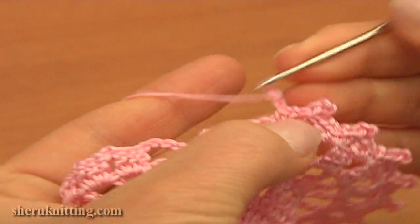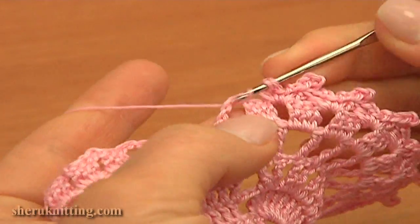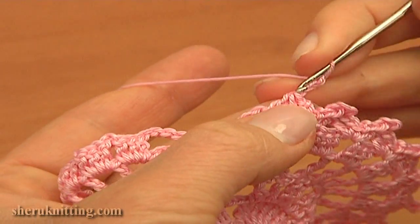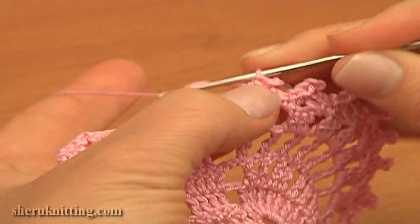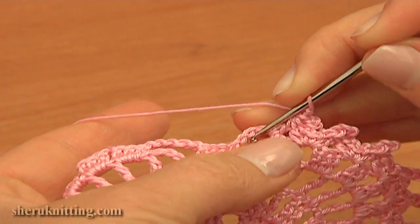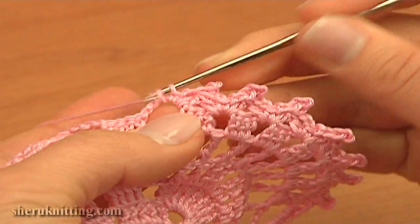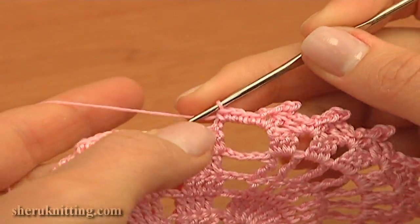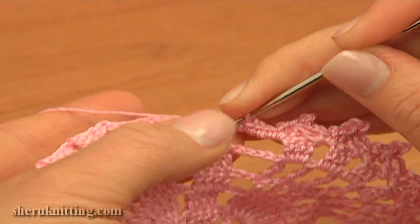And the last time, chain 2, double crochet 2 together, 1 and the second double work into the large chain space, make them together, work a picot on top, then chain 2 and single crochet 4 into the large chain space, 1, 2, 3, 4. Then work the body of our butterfly, single crochet through the first double crochet,